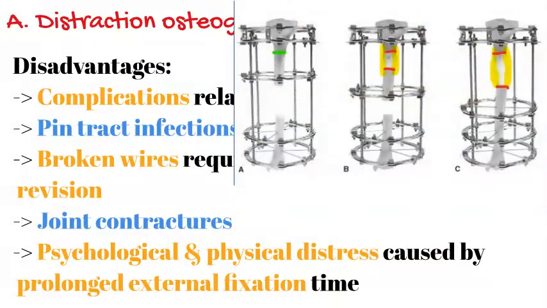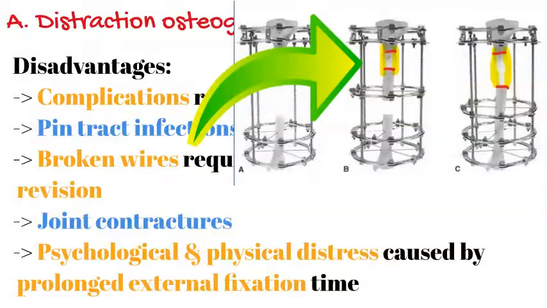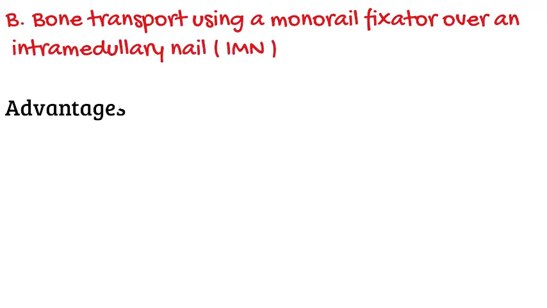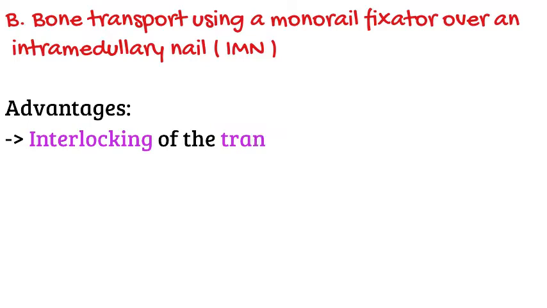This picture illustrates how the Ilizarov method is used as a distraction osteogenesis. B. Bone transport using a monorail fixator over an intramedullary nail, IMN. The advantages of this method are